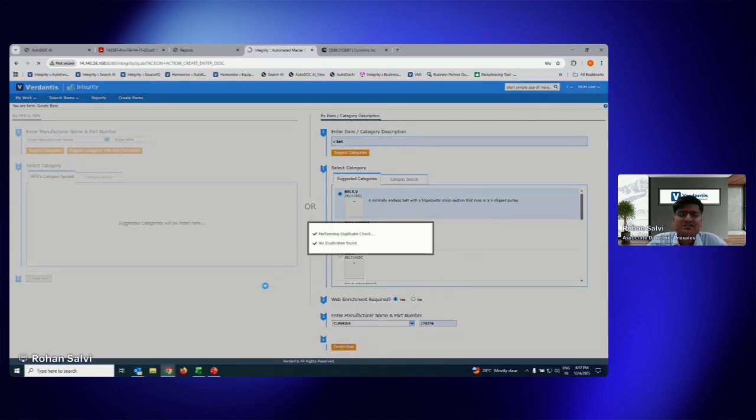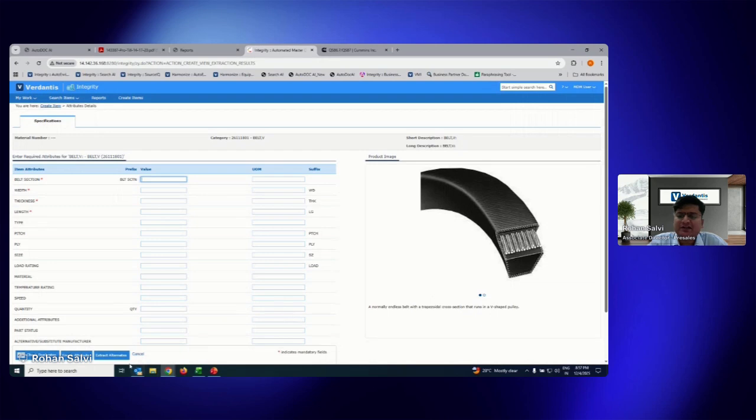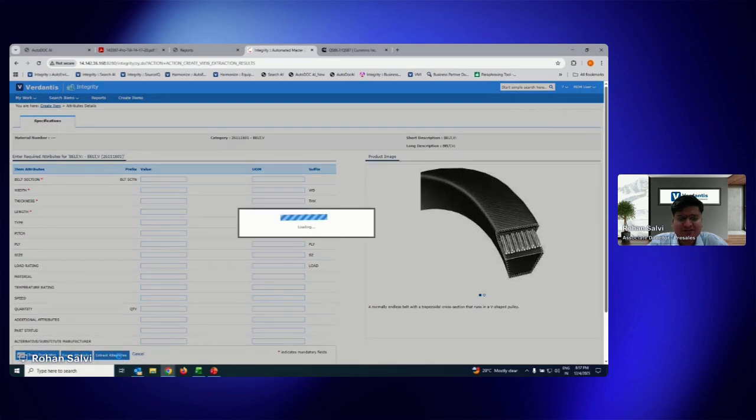So here, what the agent would do is, again, I've left web enrichment open. This is important to allow the platform to make an API based call. But then I can extract alternatives. So let's say if a part has been discontinued in the market, this extract alternatives function will basically help us find what are the suitable alternatives in the market.